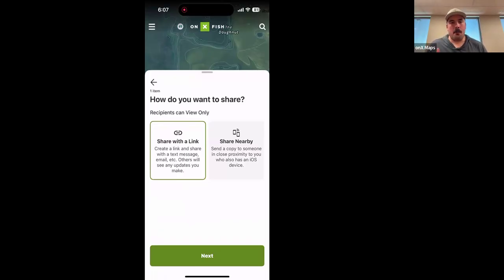9 out of 10 times, most people are going to share with a link. What that does is it creates a text link that you will text message or email or WhatsApp or Facebook or whatever, however you communicate. You can share that link with a friend. They will receive the text message on their side. It'll prompt them to